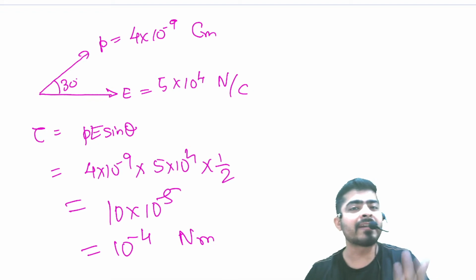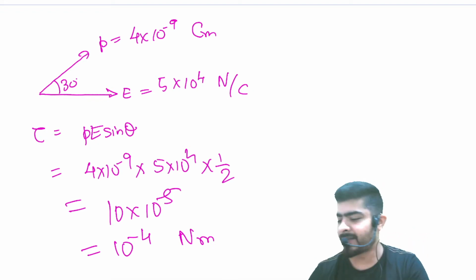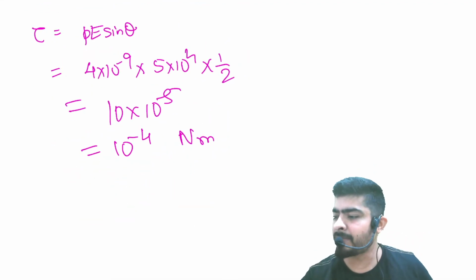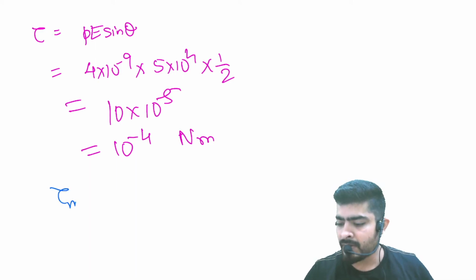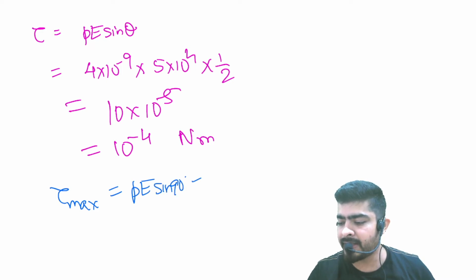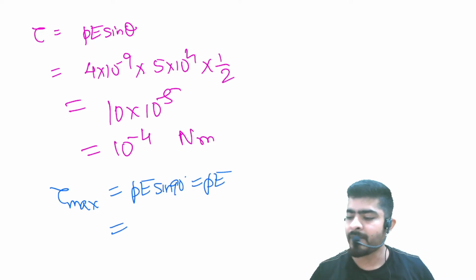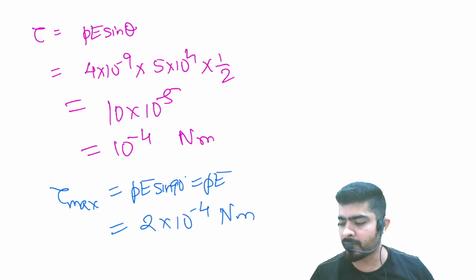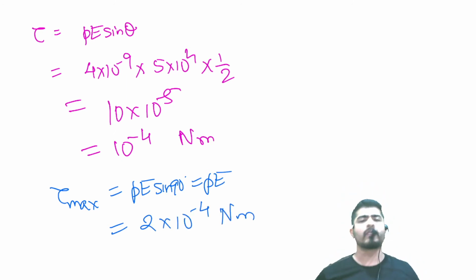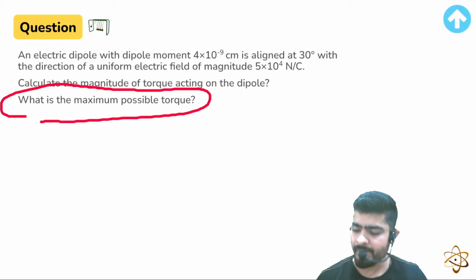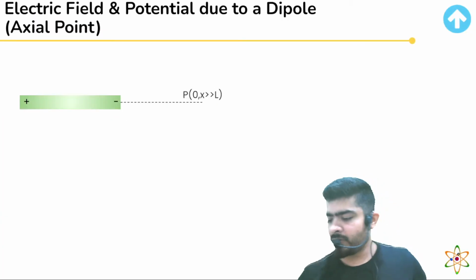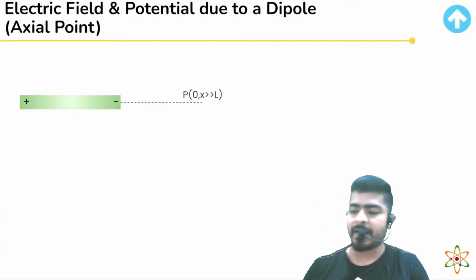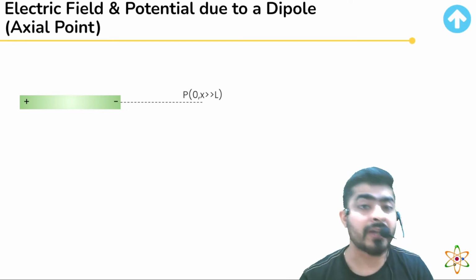Maximum value of sine theta is what? 1, right? So maximum torque will be PE sine 90 degrees, so that is equal to PE. So if you calculate, you get 2 into 10 power minus 4 Newton meter. Simple. Okay, good. So let's continue with the dipole, and now we want to find the field and potential at